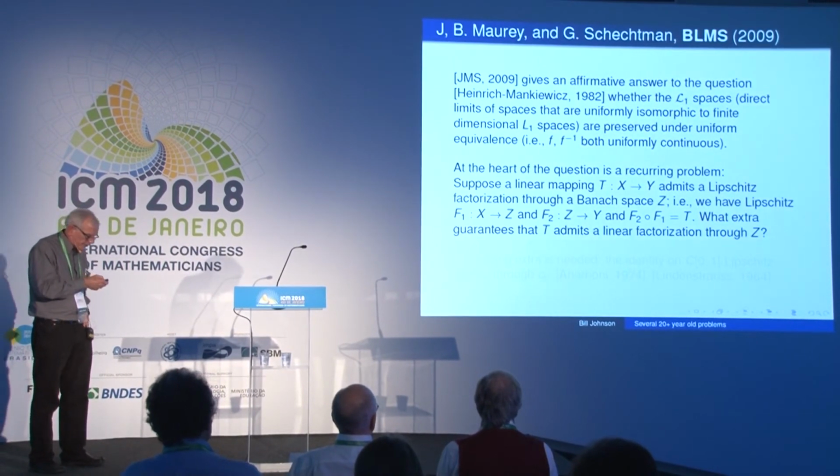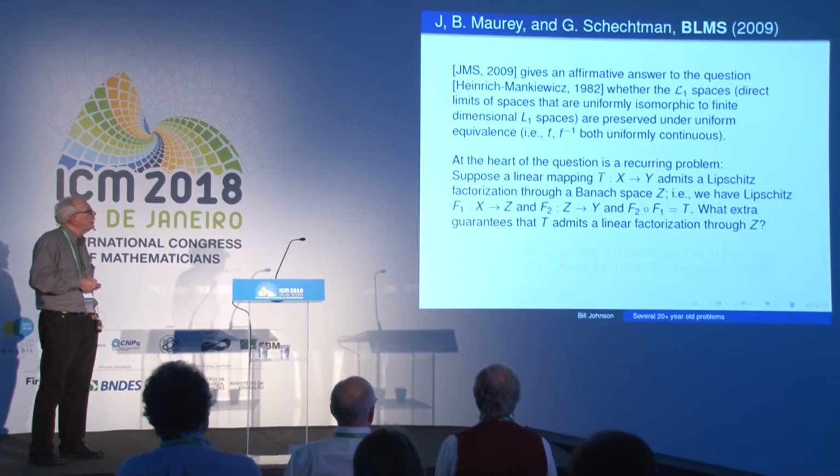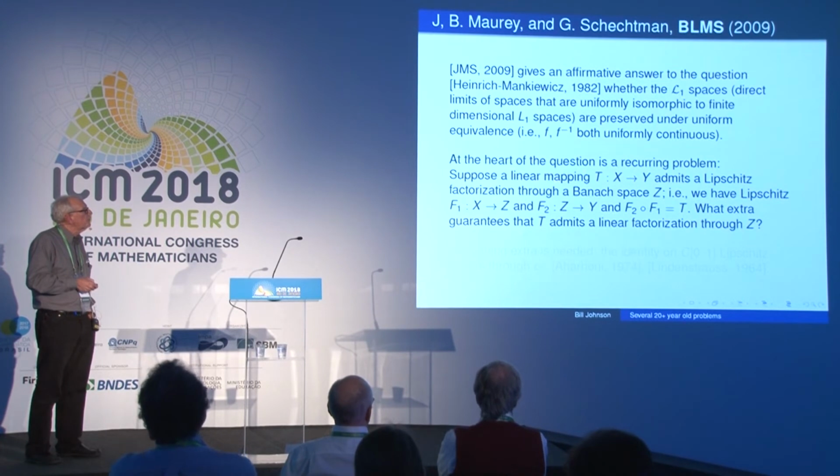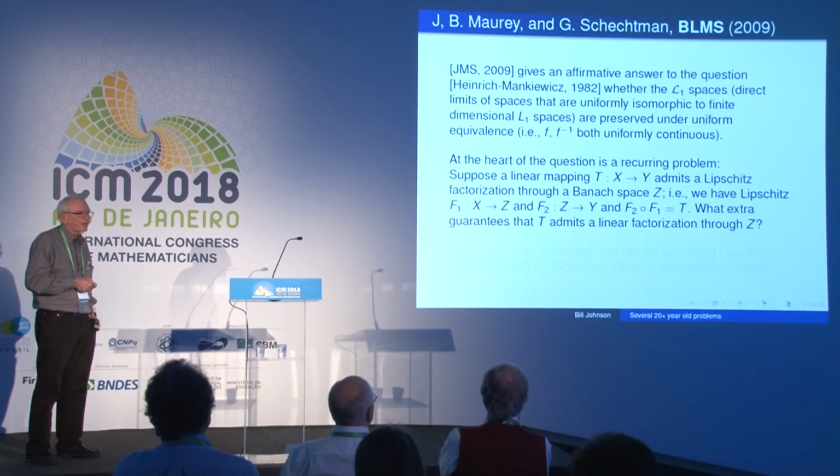Now there's a problem that I think everyone can identify with. Suppose you have a mapping between two objects that has a certain property. So my property is bounded linear operator, but your property might be different. And suppose it admits a factorization through another object where the factorization maps have a weaker property, in this case Lipschitz. So this is like bounded linear operator is the same as saying a linear operator that's Lipschitz. So you just throw away linearity, but you keep the Lipschitz condition. Then